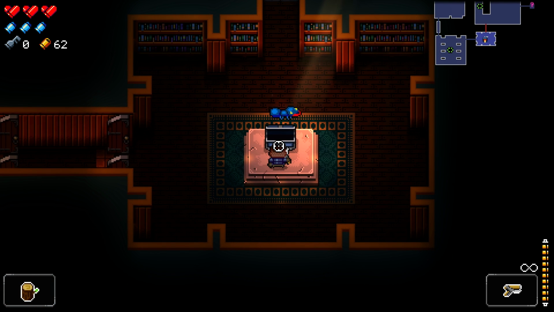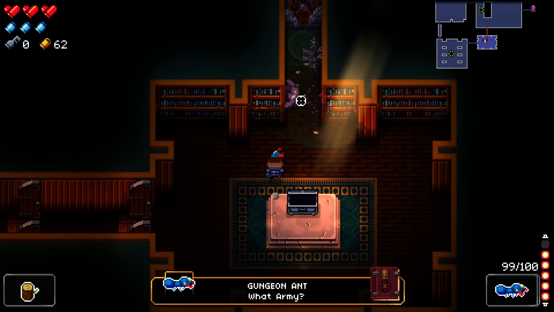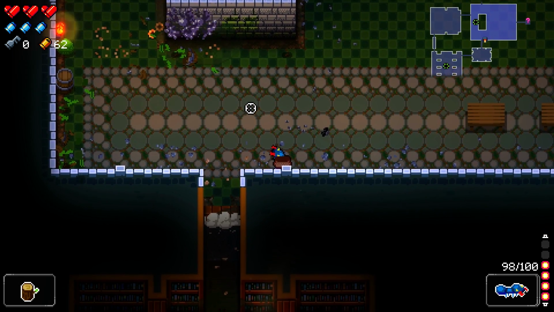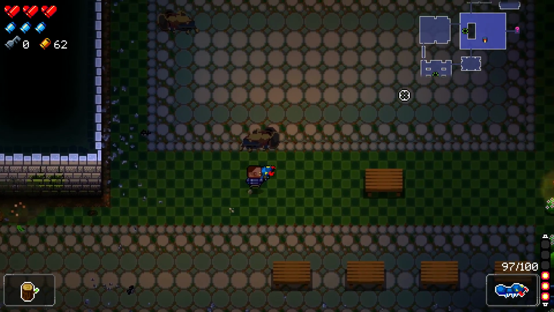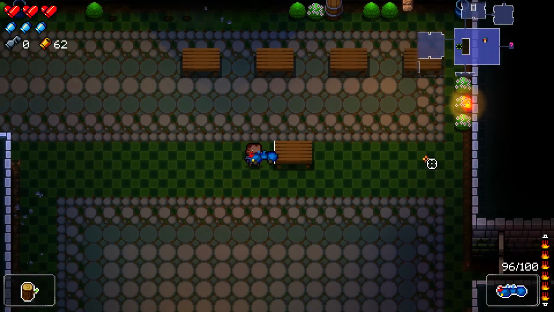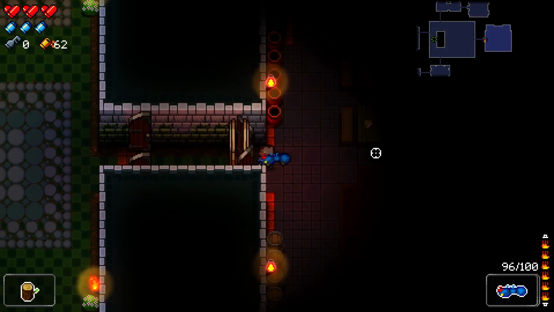Got another one. This one has the Gungeon ant. You in what army? What does he do? Does he just fire a... Let me get a feel for what this does. It looks like it fires some kind of ant vomit thing. Okay, that's workable. I don't know exactly how I'm going to incorporate that into my strategy, but...